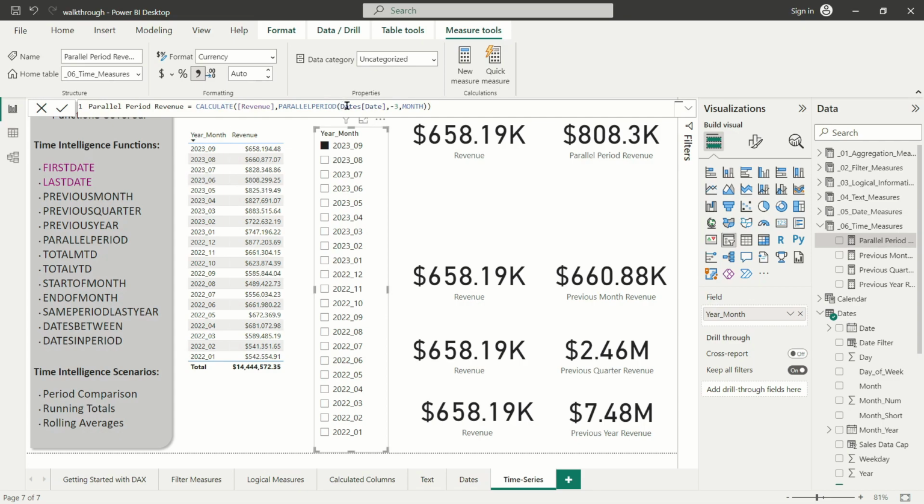just create a version of a revenue measure that rolls the revenue measure back 3 months so that I can now say, okay, in September 2023, we made $658,000 in revenue. And in June of the same year, we made $808,000. So it looks like on a last month versus last month basis, Q3 slipped compared to Q2